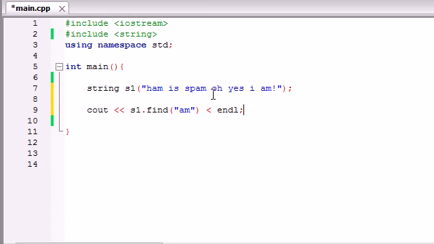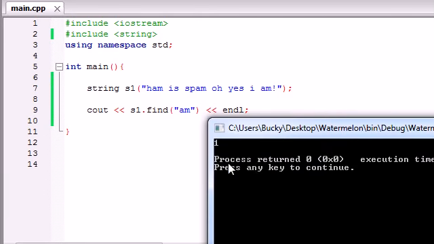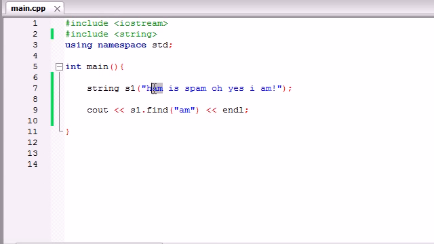And you're saying, alright, I kind of know what this is going to do already. It's going to look through your string and find where "am" is. But check it out. We have this one right here, and this one right here, and this one right here. So let's build and run this and see which one it returns. I forgot to add a less than sign right there. So let's build and run this again, and it's going to say 1. So you're saying, alright, obviously it gave me the location of this first one right here, because this is the 0th index of this array, and this is 1. So what it basically does is it gives you the starting location of the first found